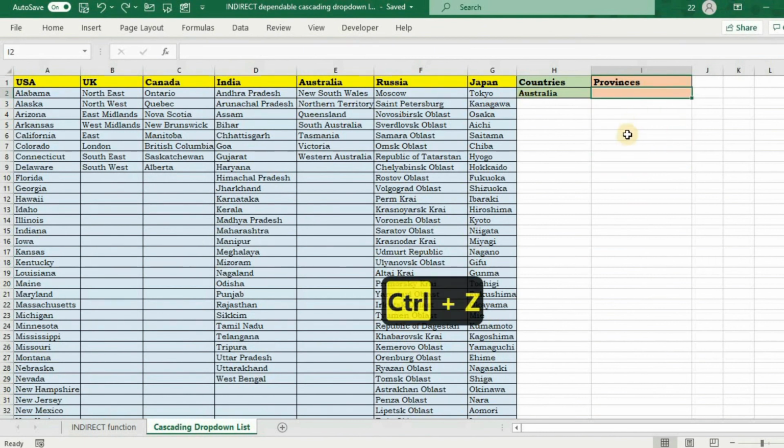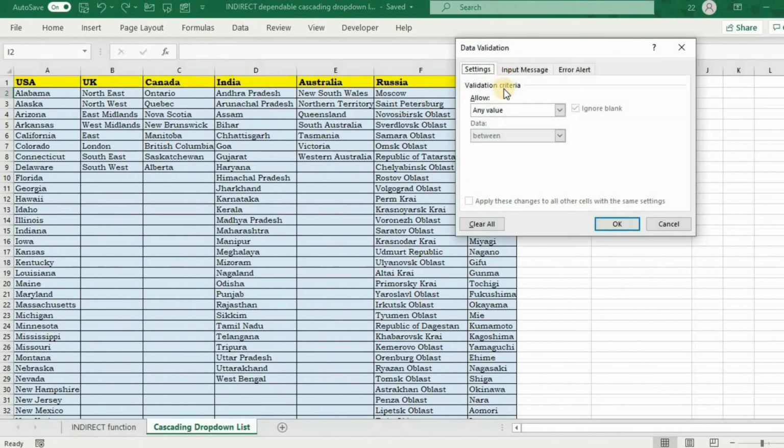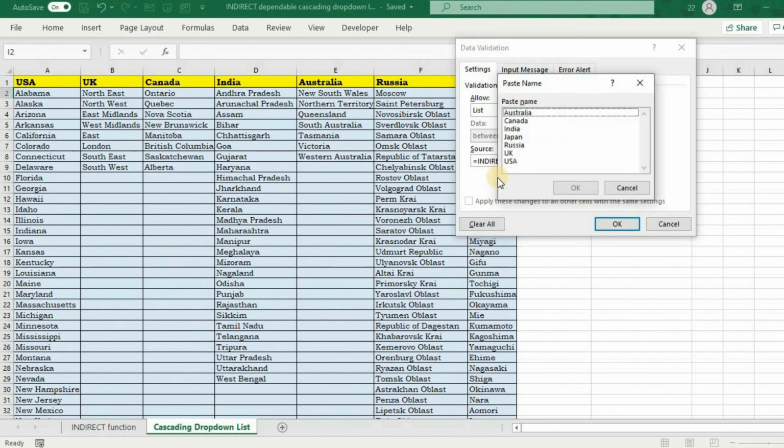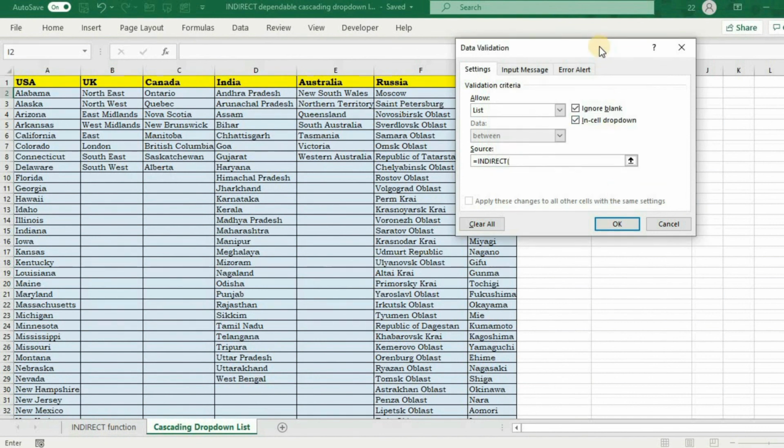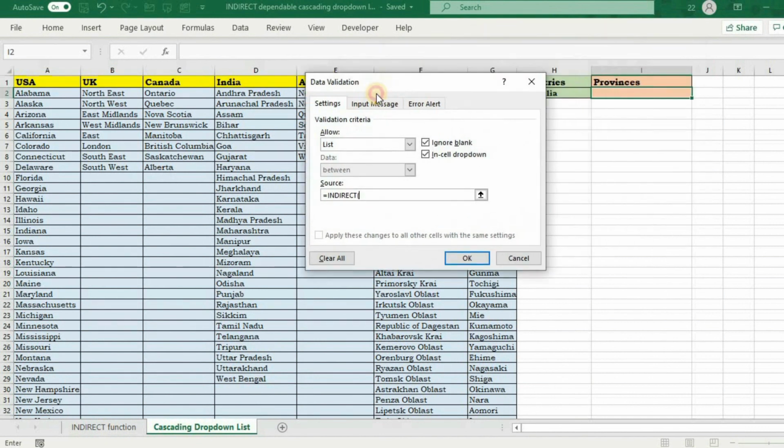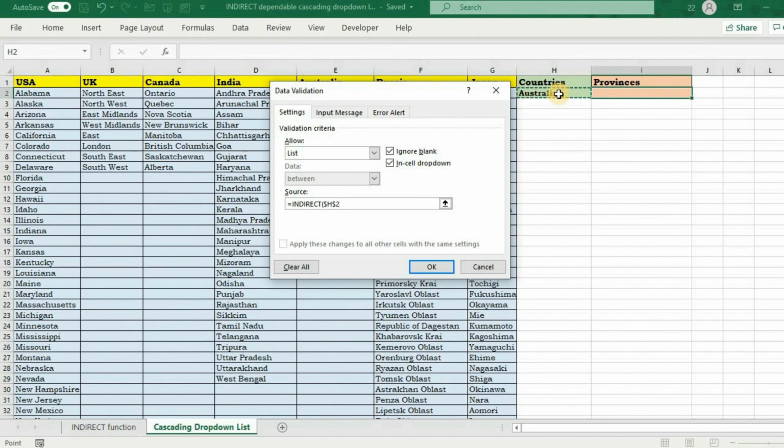So this is to be used in our drop-down list, with the help of the INDIRECT function. Again we will go to the Data menu, Data Validation, List, INDIRECT, press F3, and INDIRECT of H2, whatever is there in H2, that is to be referred to.